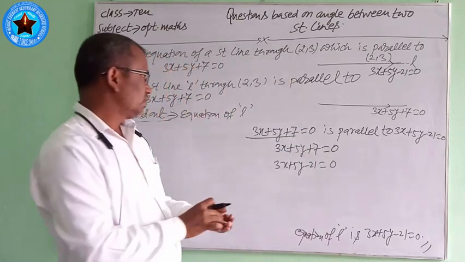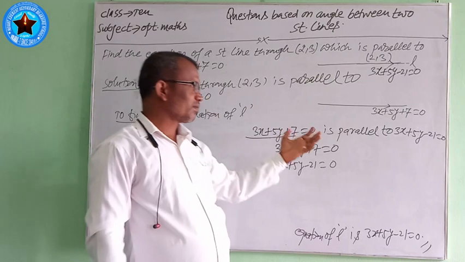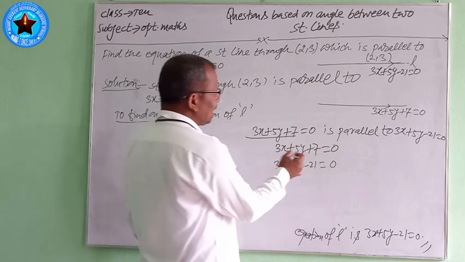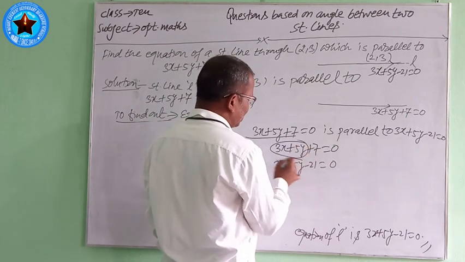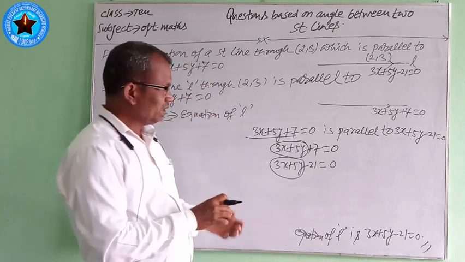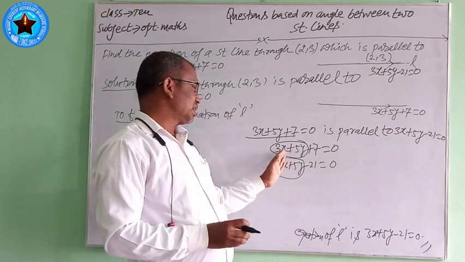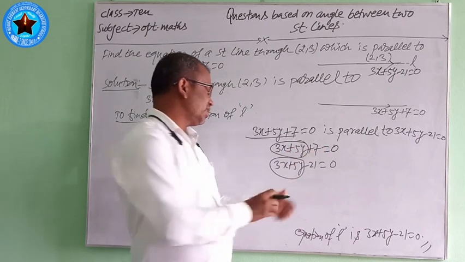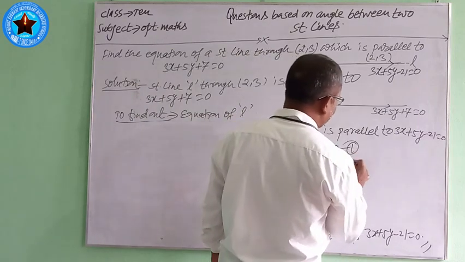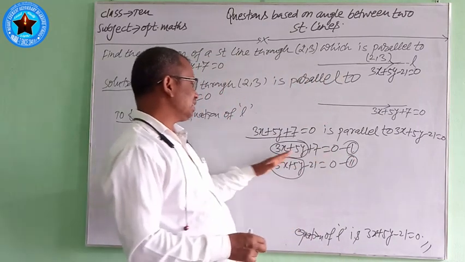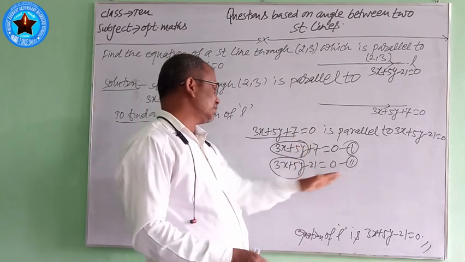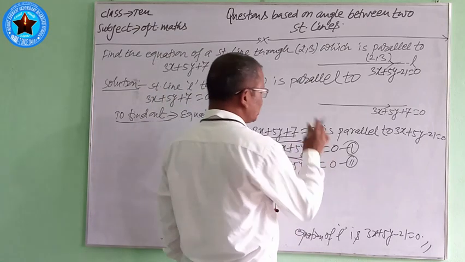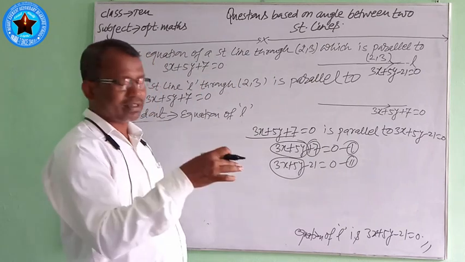According to our calculation, we have calculated that these two are parallel. And in these two parallel lines you see 3x plus 5y, 3x plus 5y. In both equations, whatever terms contain x and y are the same. In equation 1 and equation 2, 3x plus 5y are there. Only the difference is in the magnitude of the constant.